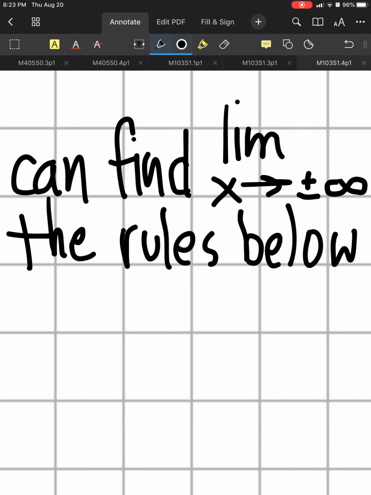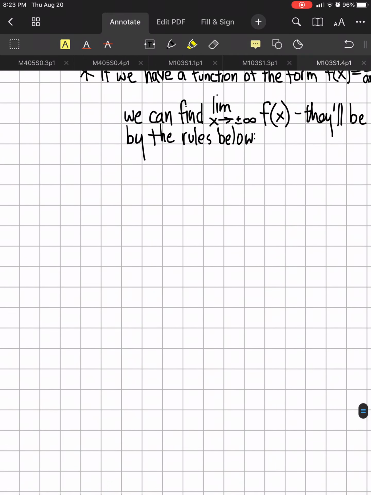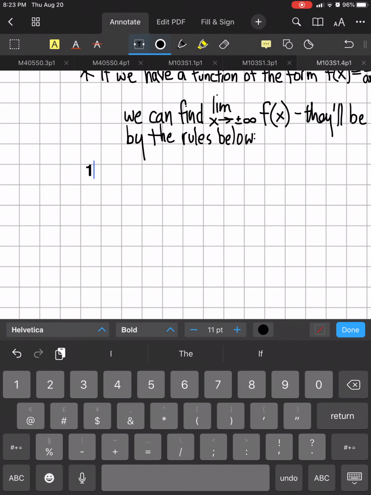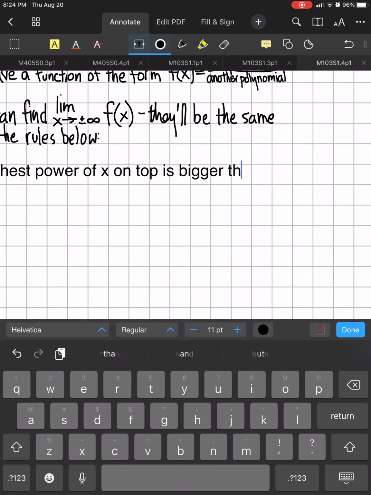By the rules below. And maybe I'll actually type this out. I probably should have been typing some of this stuff out already. But let's go ahead and type this one out. Let's do a star there. If the power, let me phrase it a little bit better here. If the highest power of x on top is bigger than the highest power on the bottom,